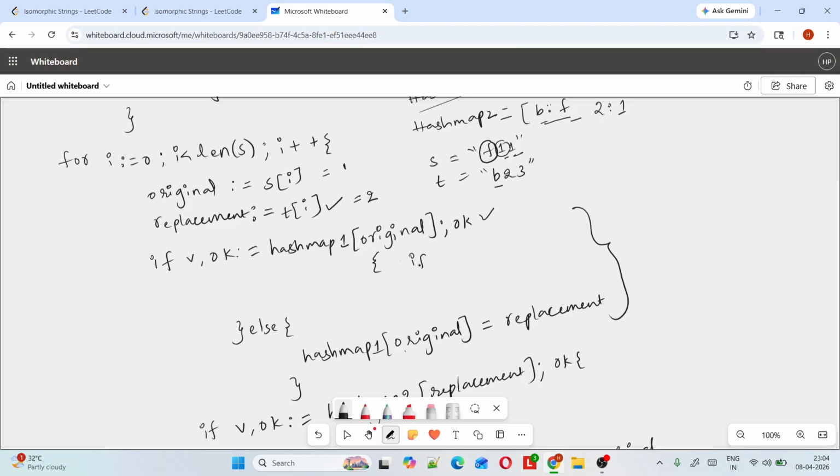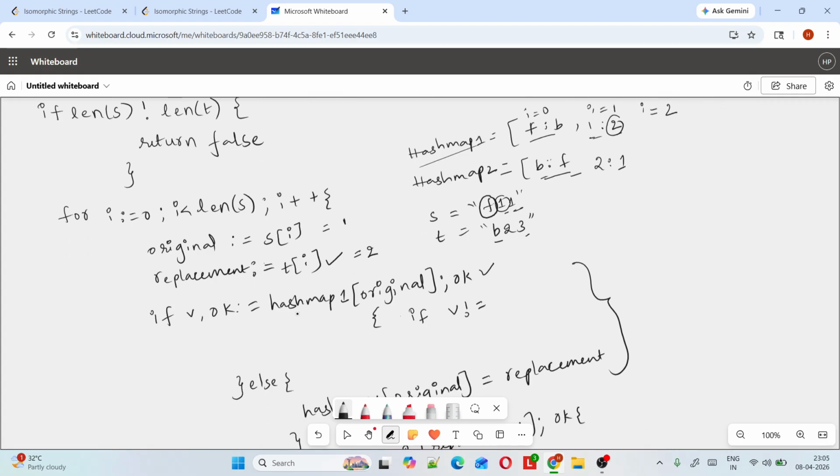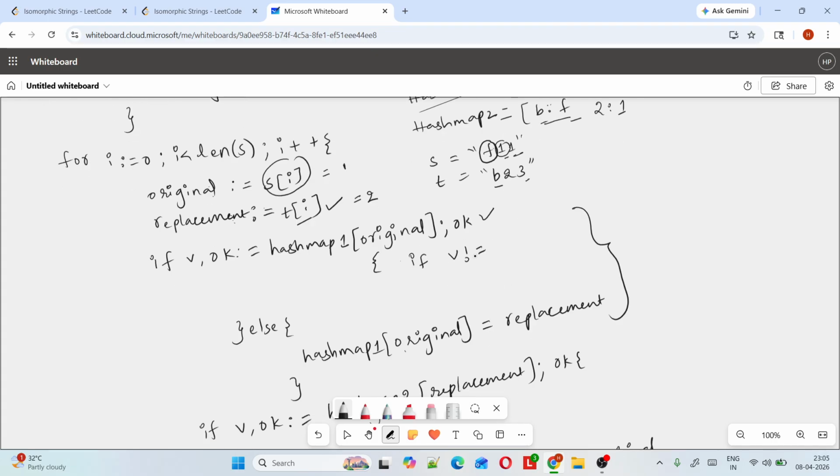Now what you have to check, if 1 is present in the hash map, is if this v is not equal to replacement. Replacement means this one. Here you already mapped 1 to 2, right? You already mapped 1 to 2. That means these two should be equal, hash map of this one should be equal to this one, right? If v is not equal to replacement,